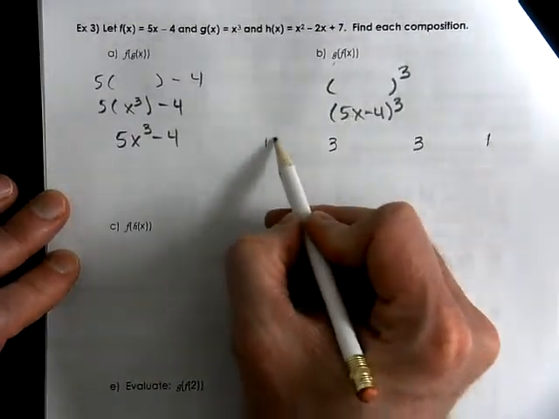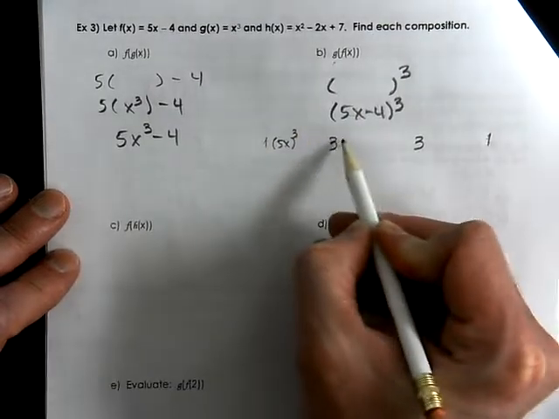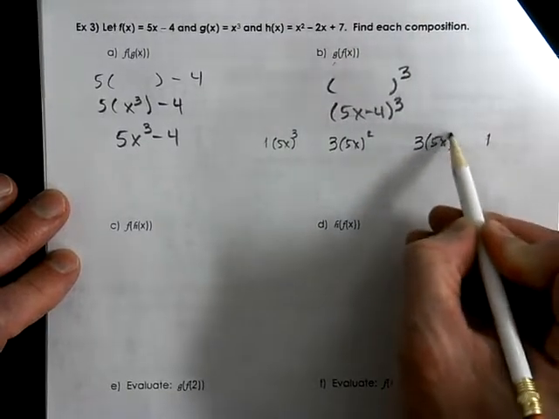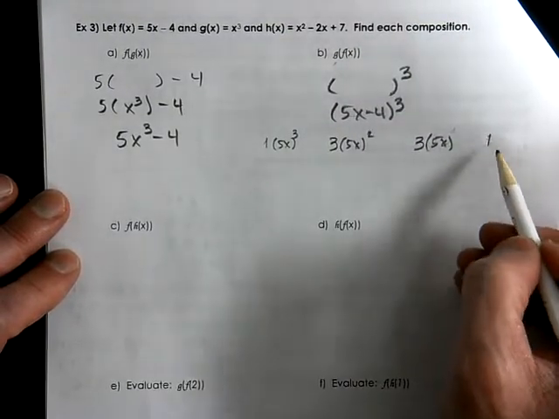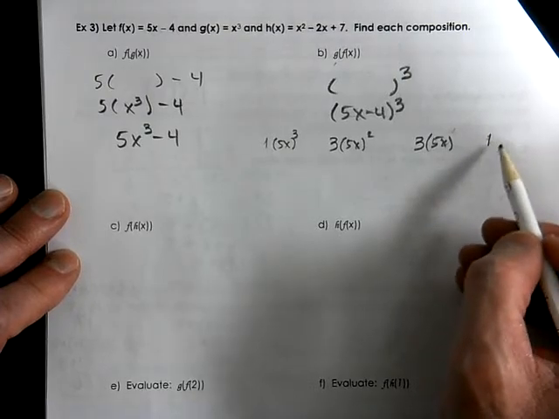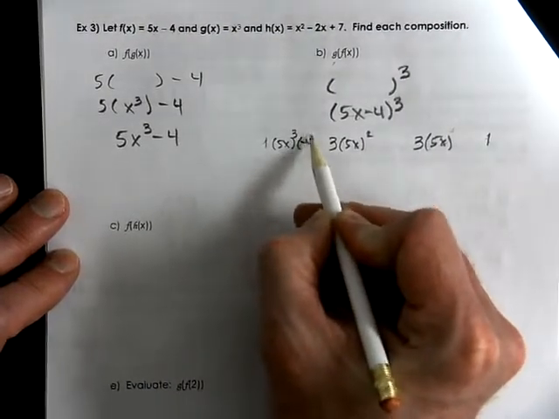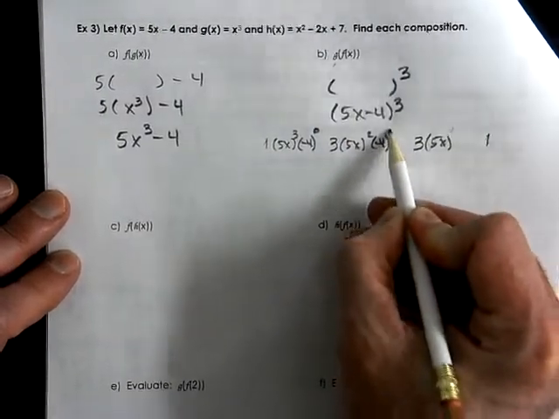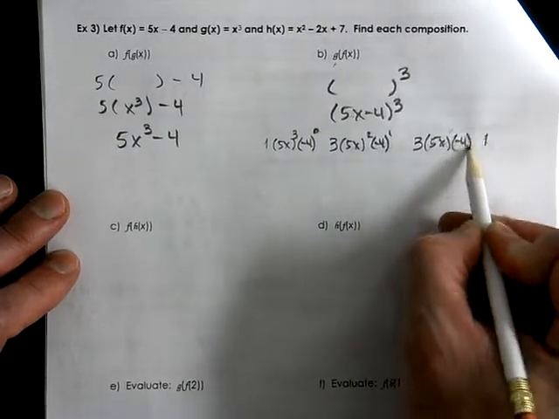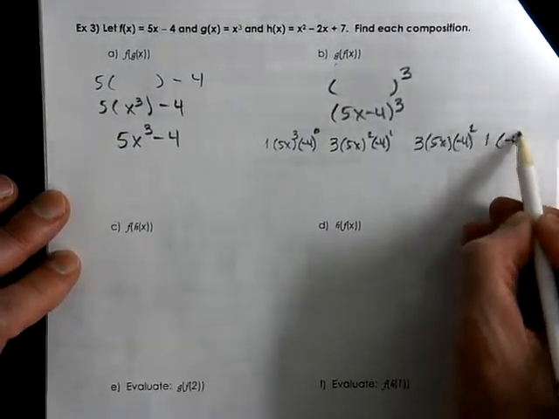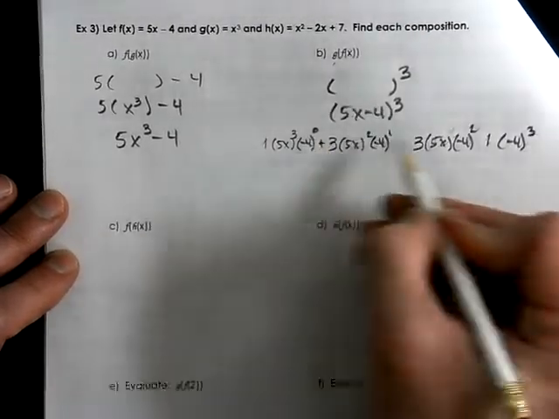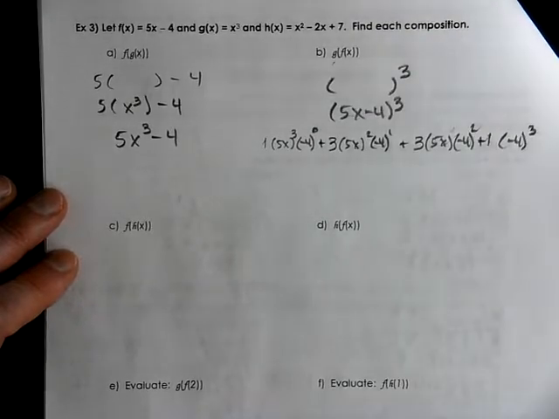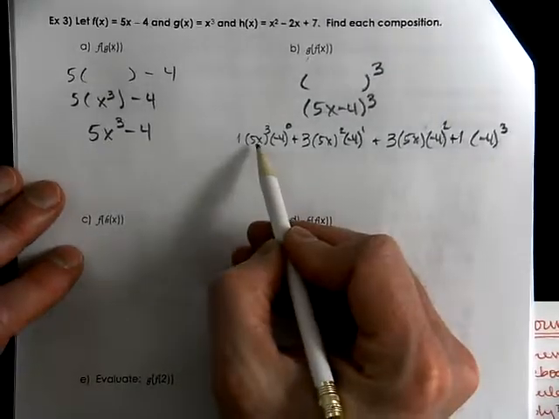That's putting your a term before it and cubing it, your a term and squaring it, your a term to the first power, and your a term to the 0 power. You don't even need to write that. Then you have the negative 4 to the 0 power, negative 4 to the first power, negative 4 to the second power, and definitely negative 4 to the third power, with a plus in between each one. So this is going to be